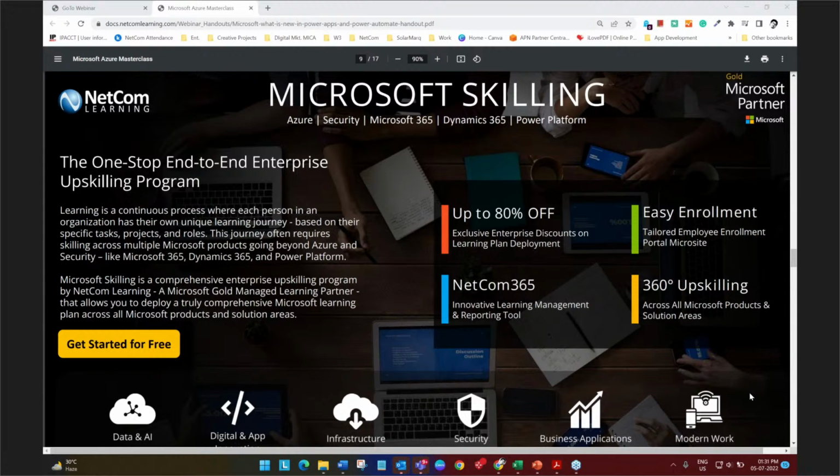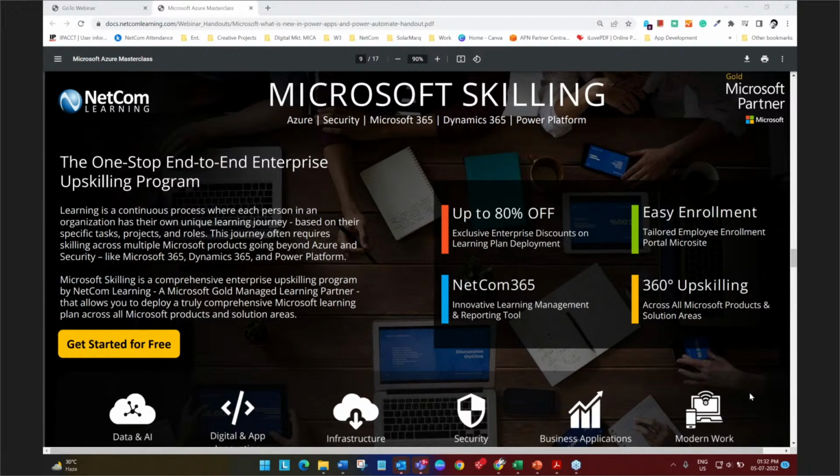One of the exclusive benefits that we provide to our enterprise clients is an amazing enterprise discount of up to 80%, along with a wealth of additional perks and benefits like priority support, easy enrollment. We have a state-of-the-art digital enrollment self-service portal wherein a unique link is created for each individual customer that you can easily share within your own employee ecosystem.